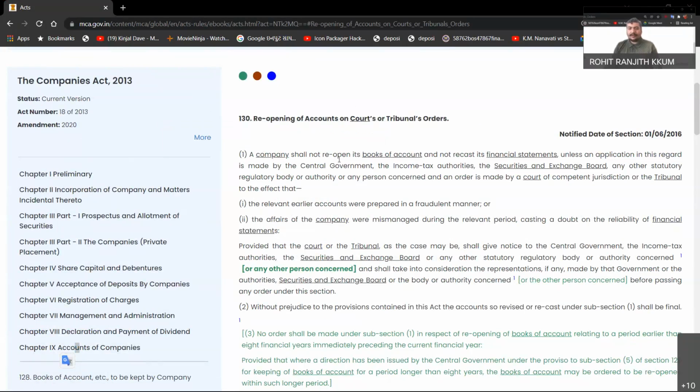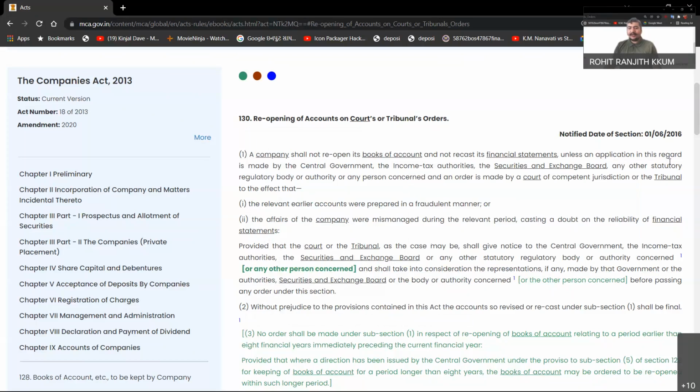Look, this is very important. Not reopen. Even the law says why. Why reopening everything means reprocessing everything? The government has already taken a stand, and suddenly reopening would mean reprocessing everything again, re-examination, reassessment, submitting to ROC again. Everything would be done again. So a company shall not reopen its books of accounts and not recast its financial statements unless an application